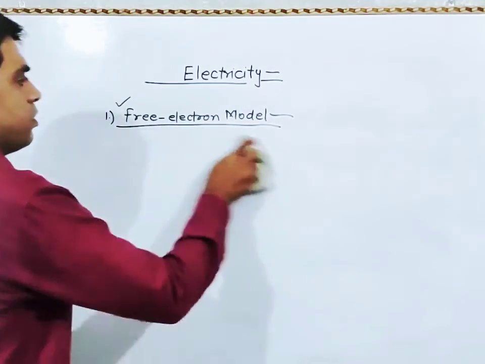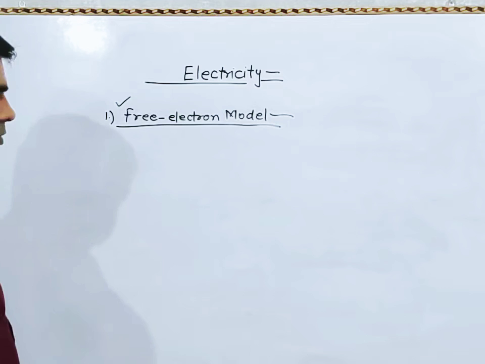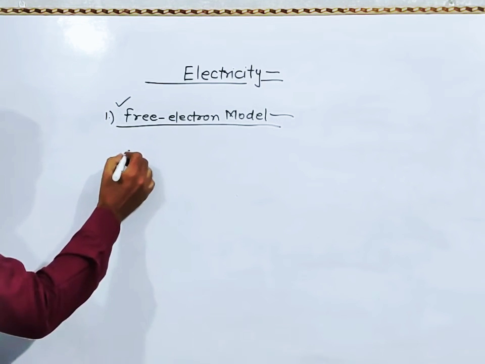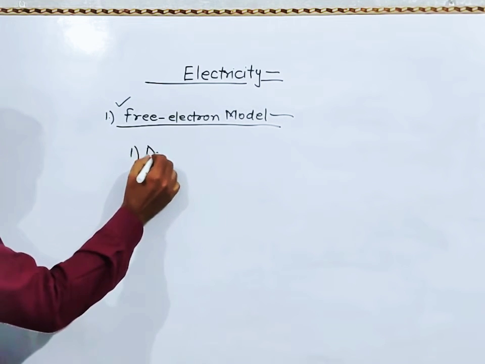Now we are going to find out the relation between, या एक चीज और देख लेते हैं पहले, ड्रिफ्ट वेलोसिटी।